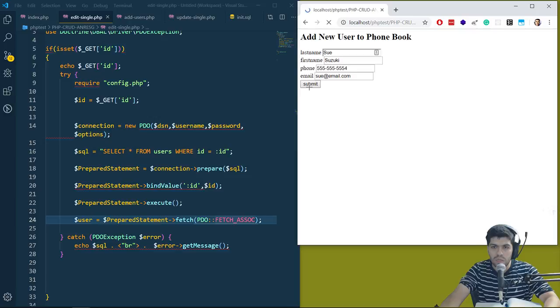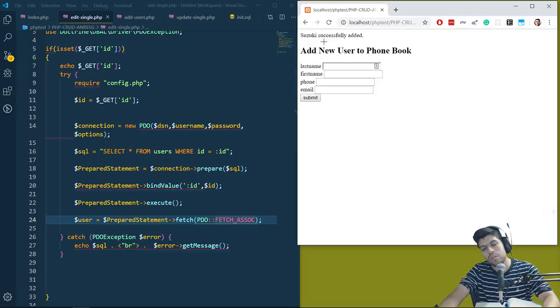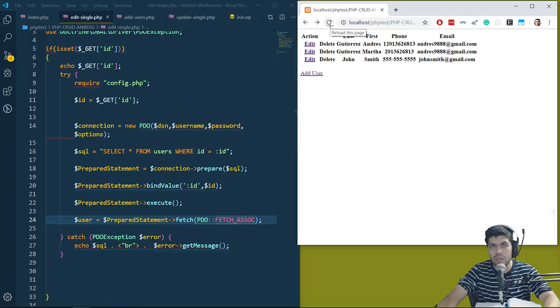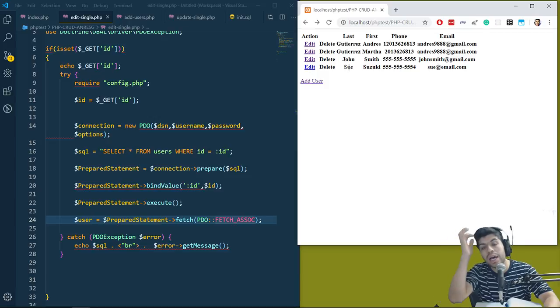Okay, so you can check that works. Okay, Suzuki successfully added because I did the last name. So I'm just gonna go back. I could probably do a back button, but I don't know if I want to spend that time on this. Okay. So right now it's not here. That's because we have to reload the page. Sue is added. So then if I click edit on Sue,